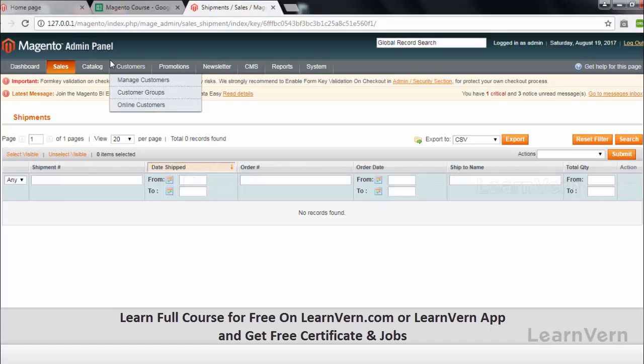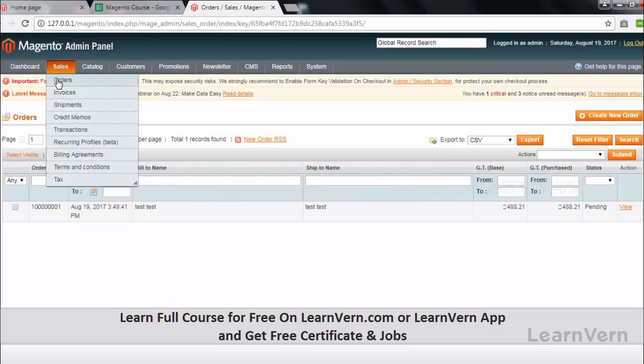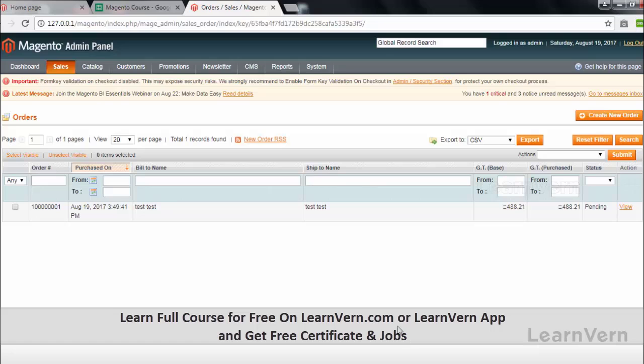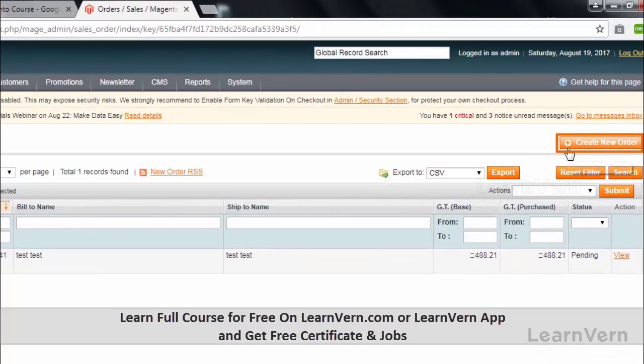So we'll go back to Sales, Orders. We are again back on our sales orders grid, and you can see there is one button. Before moving into this order, I want you to know that there is one more option available here called Create New Order. Creating orders through the frontend is not the only option. You can also create a new order from the Magento backend. So I'm going to click on Create New Order,